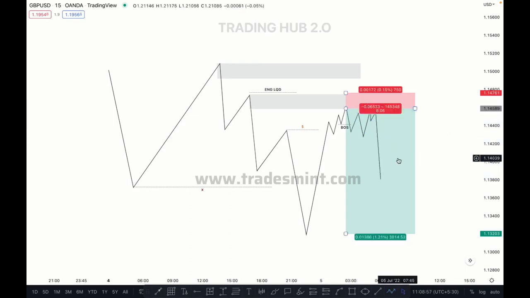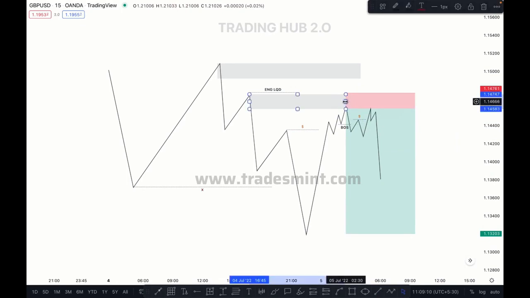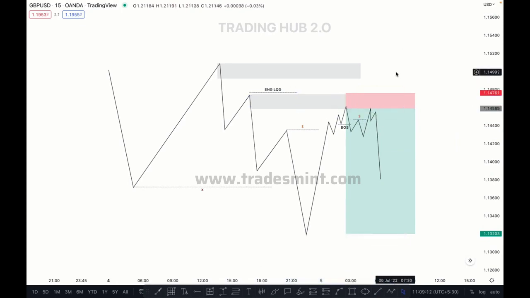Okay, and then we can stack multiple entries here for sell, because the market has taken out this minor inducement also, and now this setup becomes our high probability setup. Correct, you don't need to sell directly here. If you directly sell here, then there is a 50% chance, I will say 50%, because after taking out the inducement, the market